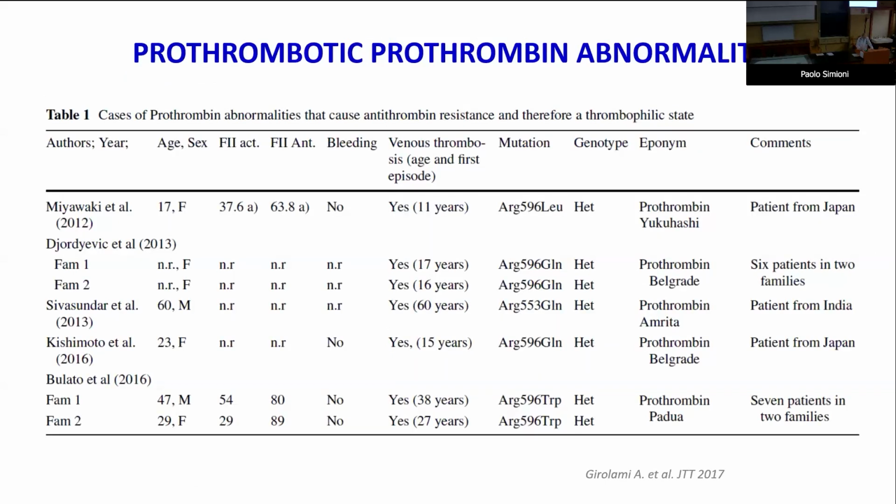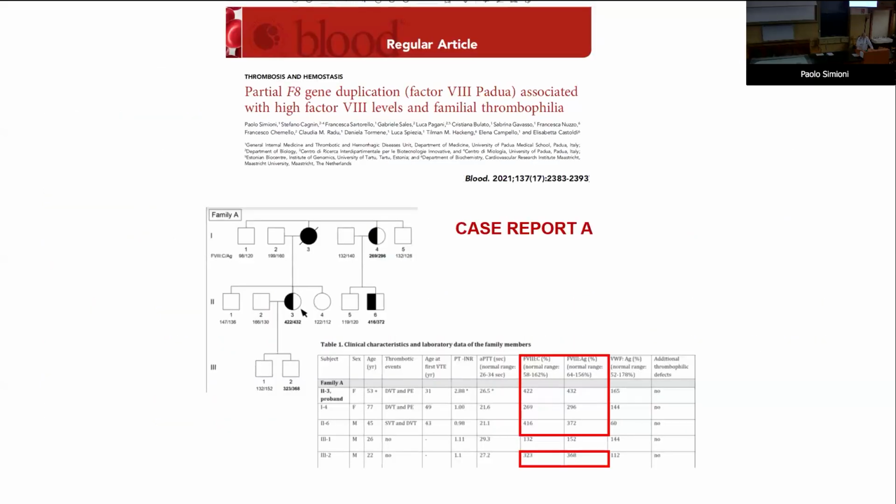And there are many of these defects around the world. Factor VIII is another very important molecule. If you have increased factor VIII in Cushing syndrome, you see you have high factor VIII and you have thrombosis. Factor VIII is an acute phase reactant, and you can find increased factor VIII when you have infection, for instance. But this is the first demonstration of a genetic defect that is related to an increased level of factor VIII. We described this a few years ago, and this was the first real demonstration of the presence of a gene